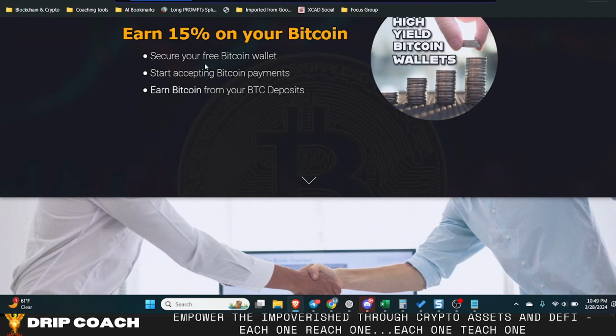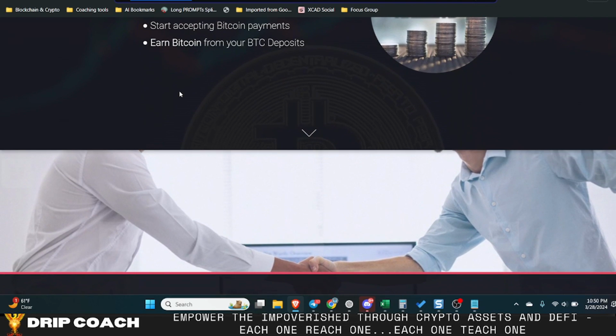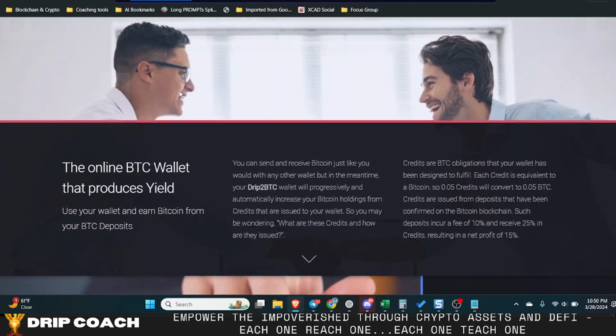So as I mentioned multiple times before, use this as a hot wallet. And what somebody else mentioned in one of the comments, the worst case scenario is that you're only sacrificing 10%. So remember, there is a 10% deposit fee when you get started on the platform. To get started, that's what we're about to show you right now, is how to get started utilizing this. So we're going to start from scratch.